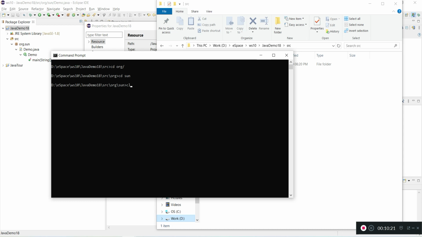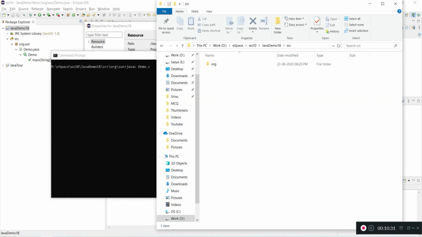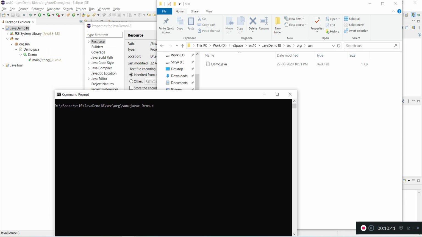Okay, here for compiling we need to use the command javac, and let me remove the .class file so that we'll see our compiled file come here. Demo.java, this is the thing we need to give.